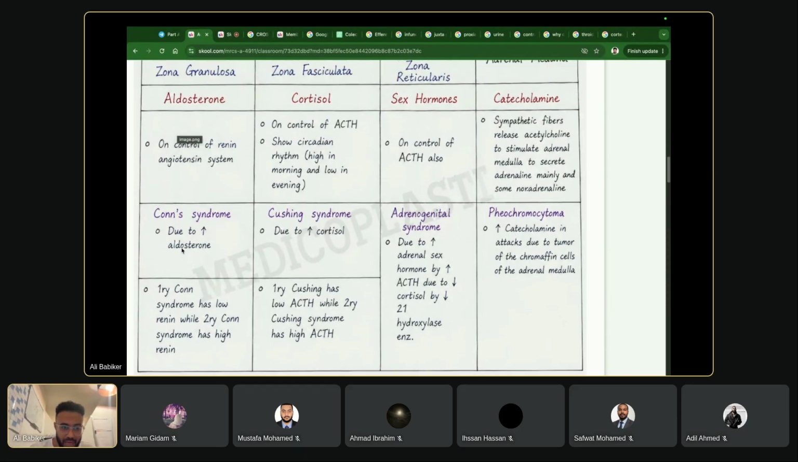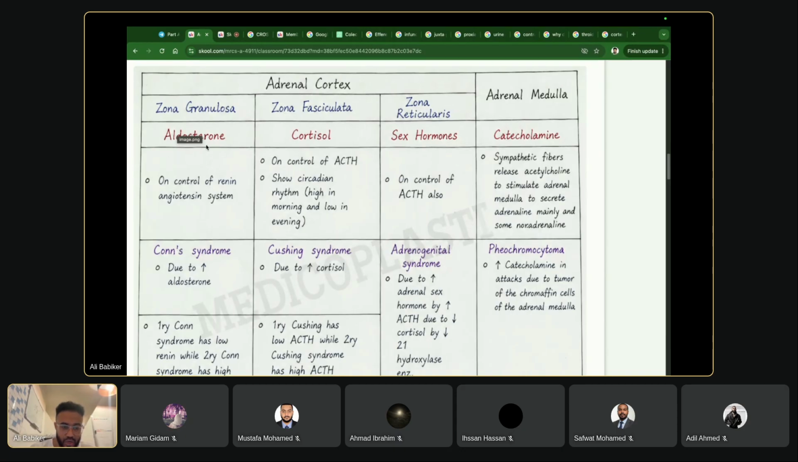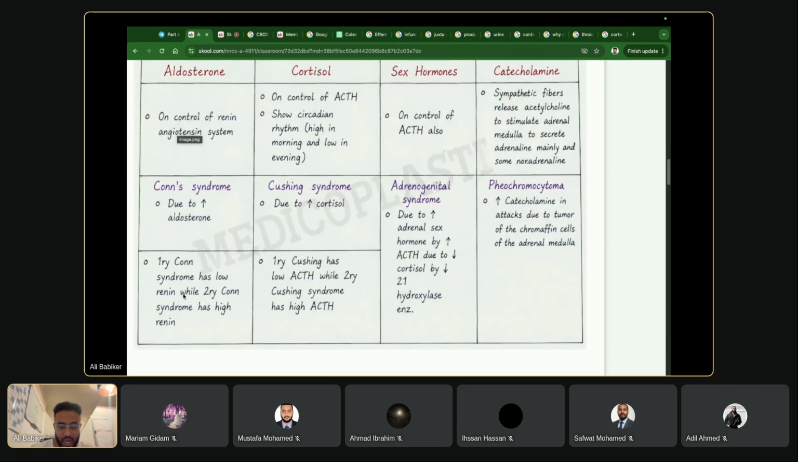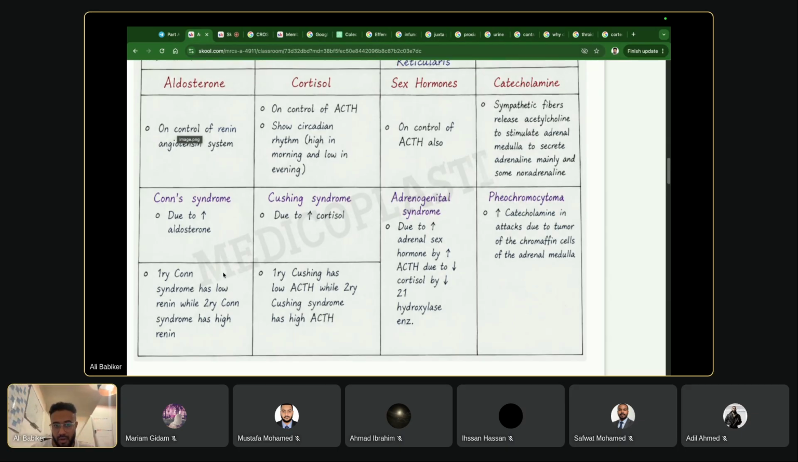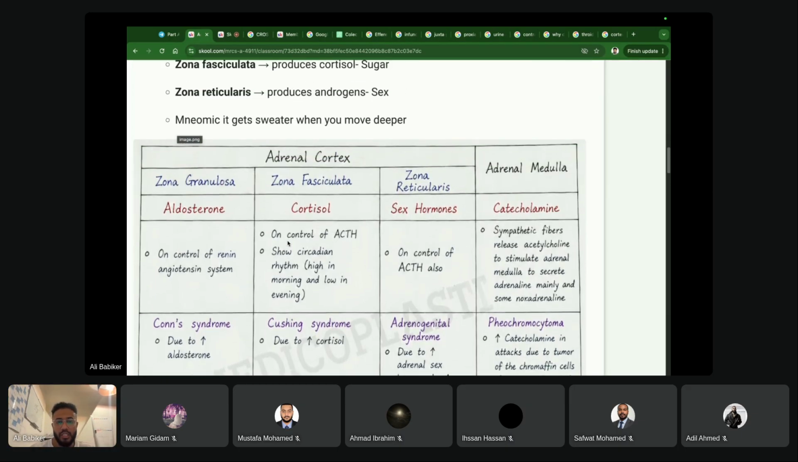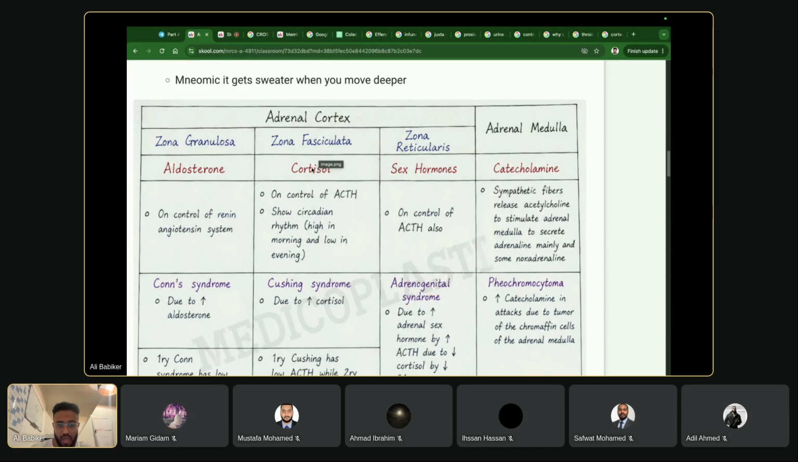Because if it was a primary Conn syndrome, the high aldosterone will suppress the renin and will make it low. Same principle as the thyroid we just mentioned, the difference between primary and secondary hyperthyroidism. All right, zona fasciculata, cortisol, under control of ACTH, meaning the ACTH controls the cortisol in